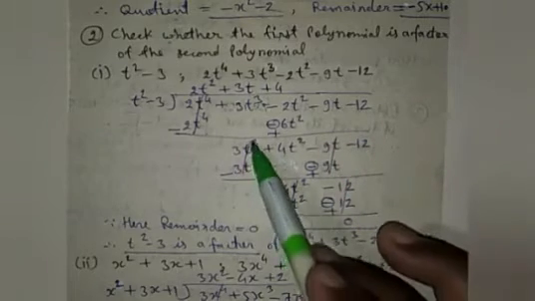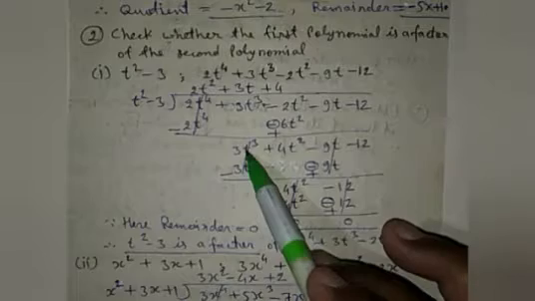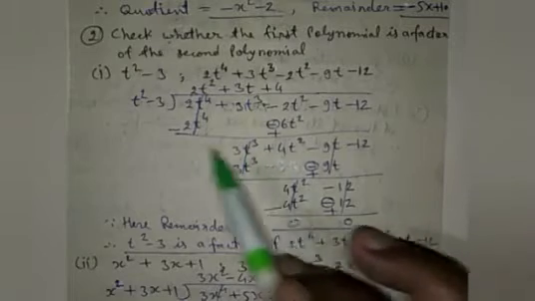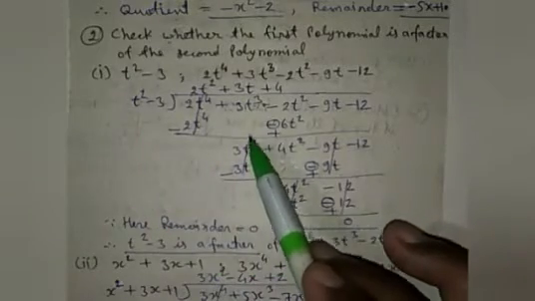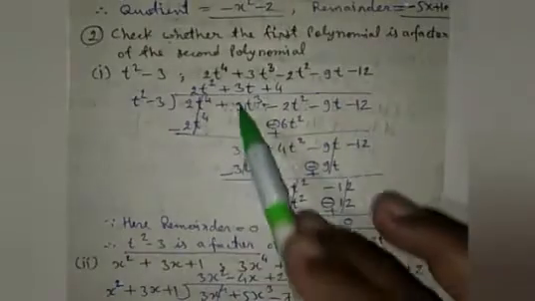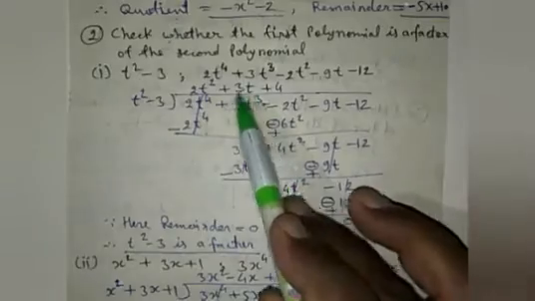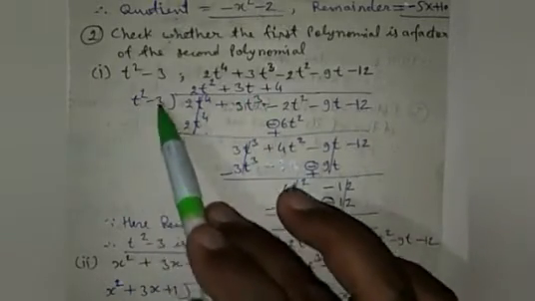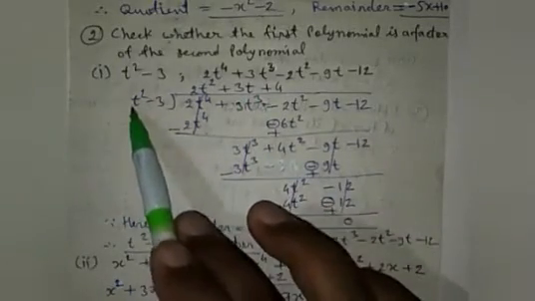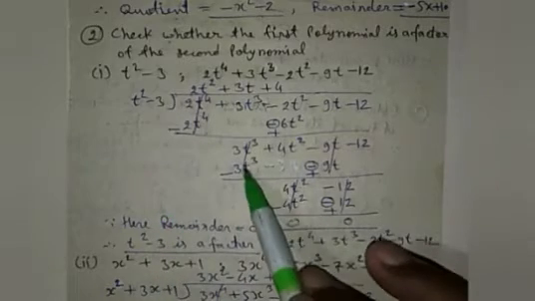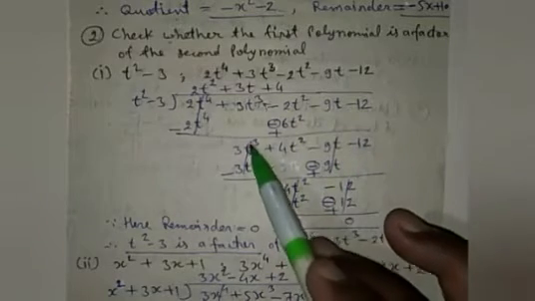Now you have to make this term equal. Here is t square, here is t cube. So t will be the table and the coefficient is 3. So here plus 3 is the table, plus 3t. You have to multiply 3t by the divisor, and you will get 3t cube minus 9t. Here also you have to write 9t below the like term. So you will get the first term cancelled out. Then 4t square here is cancelled out.